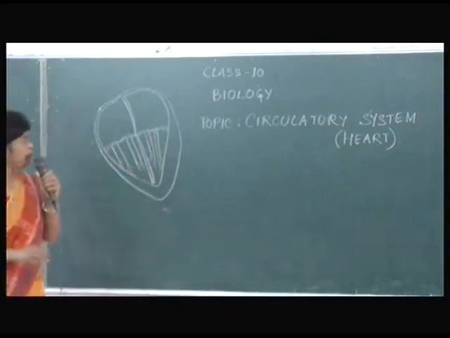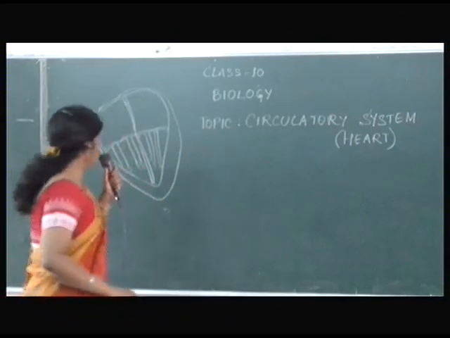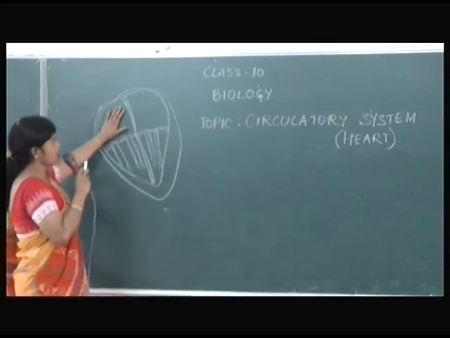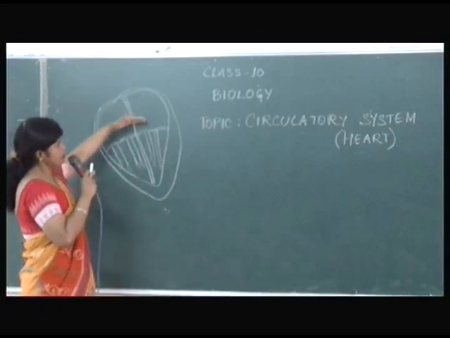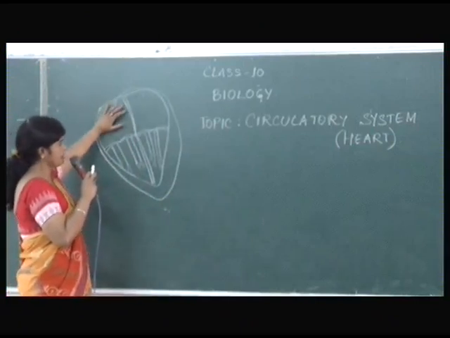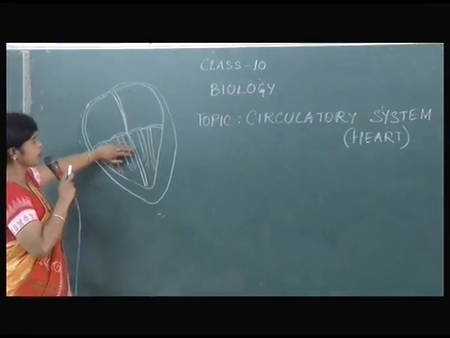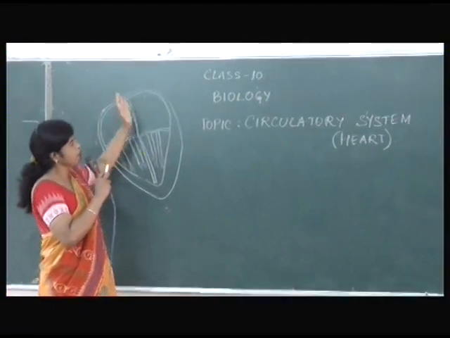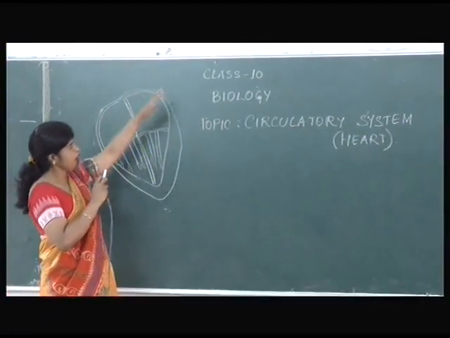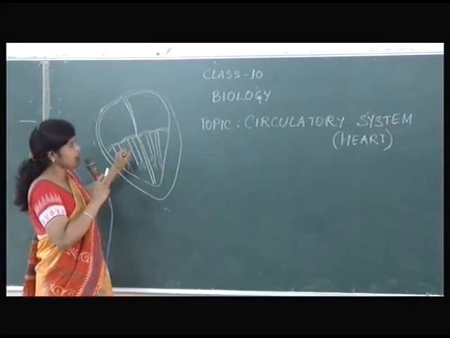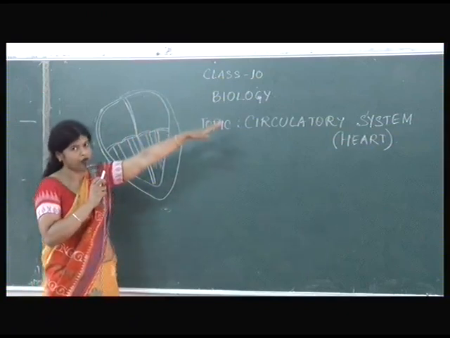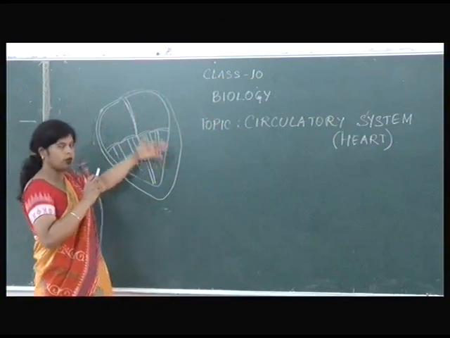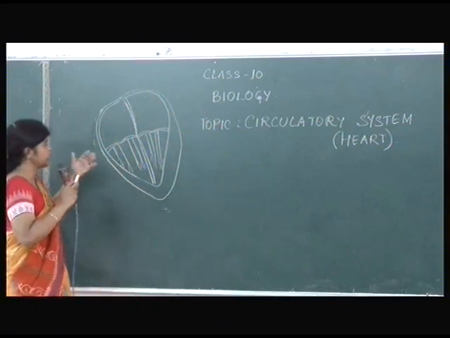Now before we do the circulation, I must tell you that the auricles are the receiving chambers. What is the meaning? Blood comes to the heart in the auricles. And ventricles are the distributing chambers. That means the blood moves out of the heart from the ventricle; the ventricle pumps and sends the blood out of the heart. The 2 chambers are sending to 2 different places. While doing the circulation, I'll be explaining it.